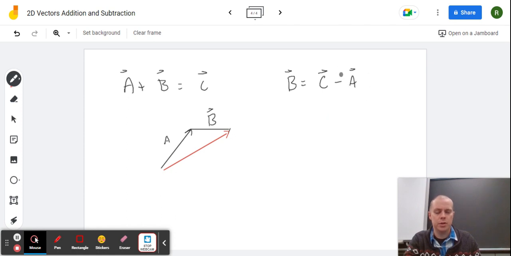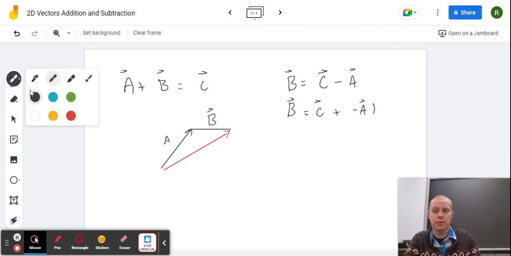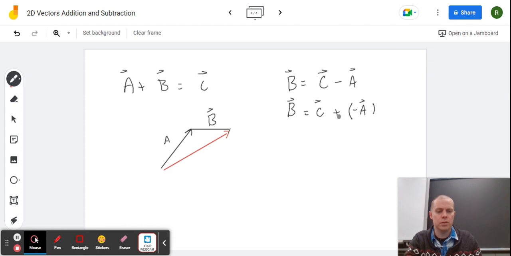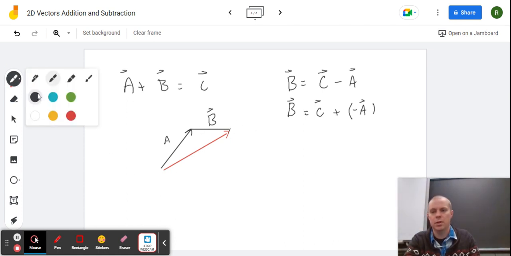Well, in vector notation, basically what this means is in order to subtract a vector, that is the same thing as adding the negative of the vector. And the negative of the vector is just the opposite. So if you take the normal vector and you add the opposite, that will get you the vector that you're looking for. So for example, we were doing